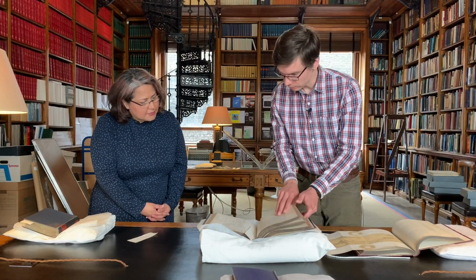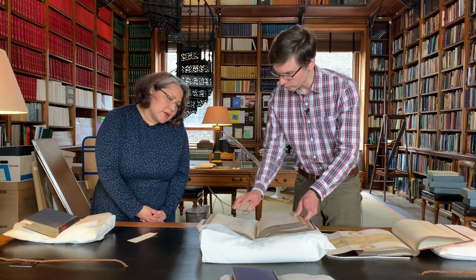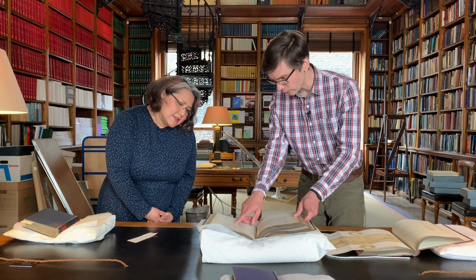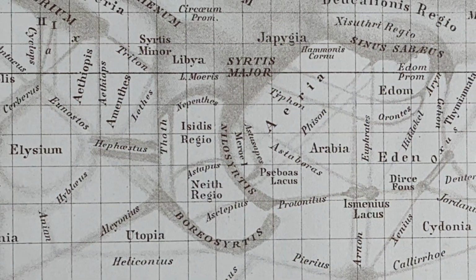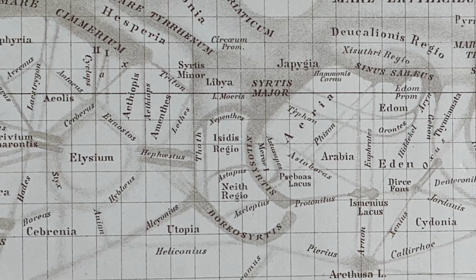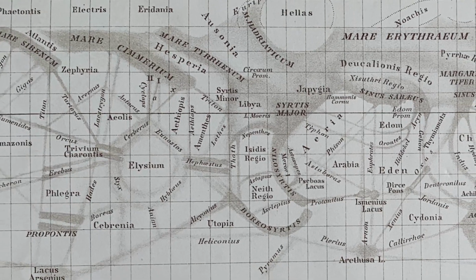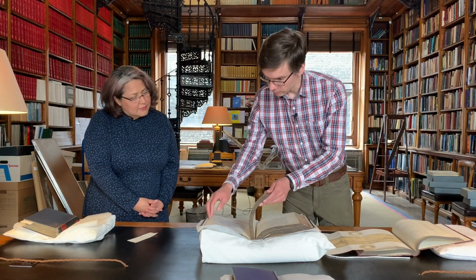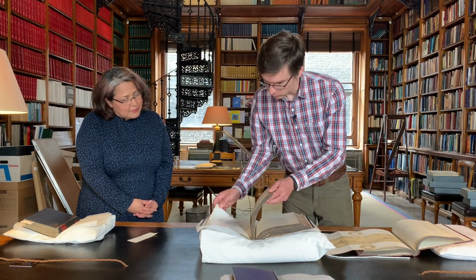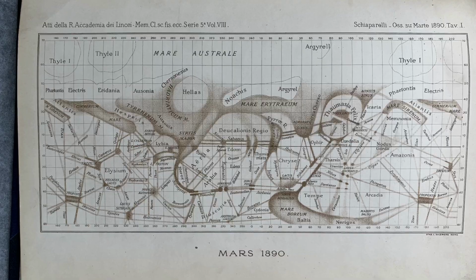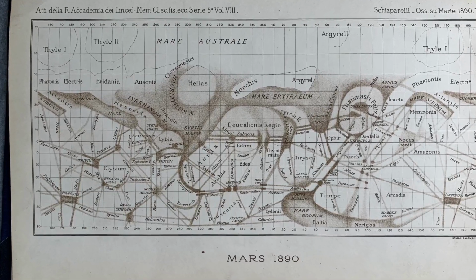And then we move through. So here we're going to 83, and we're starting to see what you could start to call a network of dark, straight lines. And by the time that we get through to the 1890s, so this is 1890, you can see that